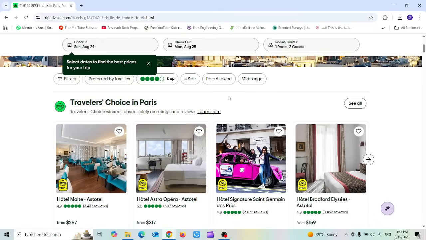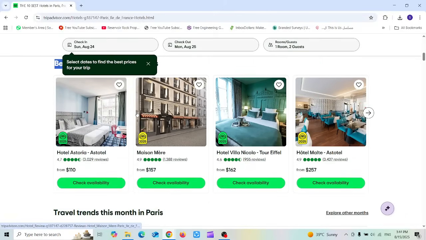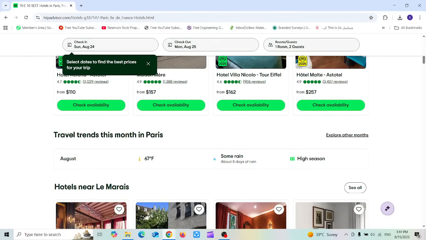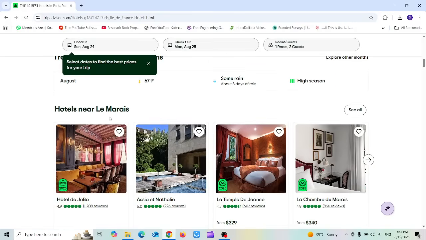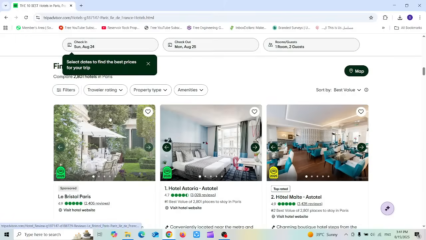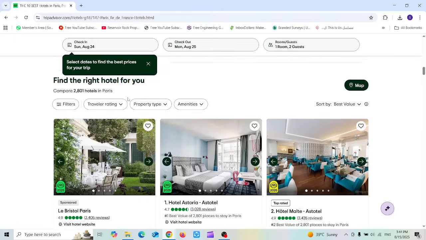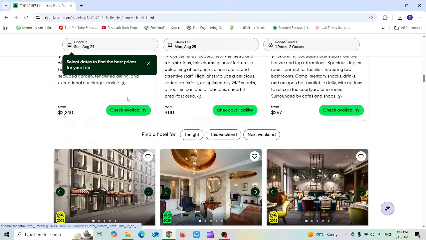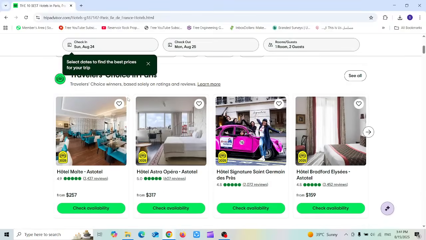And by the way, they are categorized into categories. Like this one is the best choices of travelers in TripAdvisor. This one is the best seller, which means the top number of people go to these hotels, and this represents hotels near specific landmarks or benchmarks. So you can just keep searching. We can see that we have 2,800 different hotels in Paris. So if, for example, I picked this one,